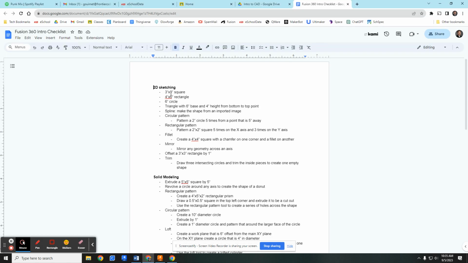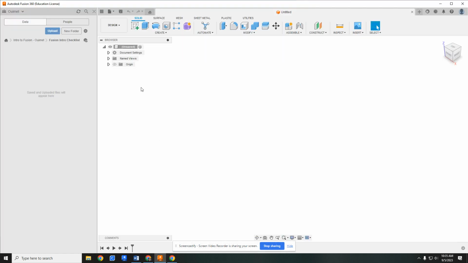First thing we're going to do is make a 3-inch by 3-inch square, a 4-inch by 6-inch rectangle, and a 6-inch circle. This is pretty easy, but it touches on an important part of CAD modeling, and that part is dimensioning and measurement. Okay. So dimensioning and measurement is critically the most important part of CAD modeling,